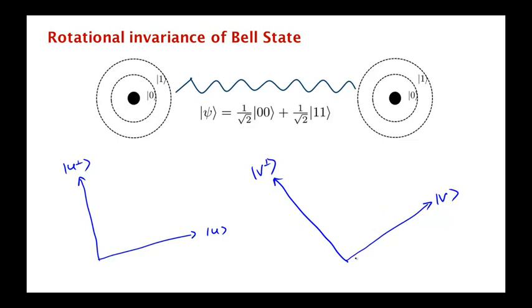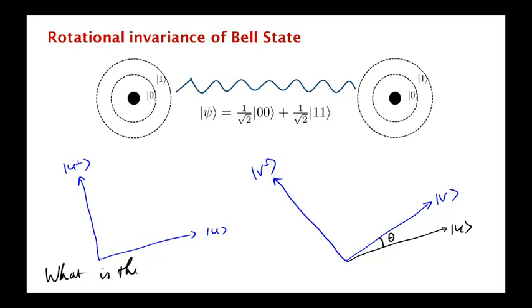Okay, so let's say this was u and this angle is theta. So what we want to know is, suppose we do these measurements. We measure the first qubit of the Bell state in this u, u perp basis. We measure the second qubit in the v, v perp basis, where these two bases make an angle of theta with each other. Now what we want to know is,